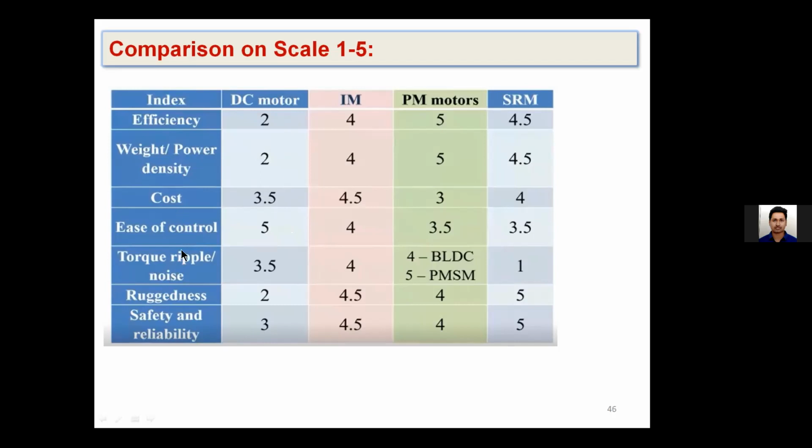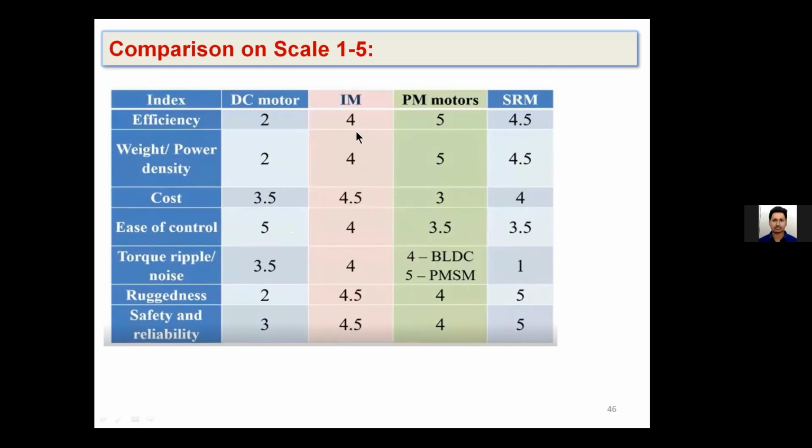But for all other performance parameters, like weight, power density, cost, and torque ripple, there are problems. One of the problems with the SRM motors, if you observe, is that it has high torque ripple and noise. That means there will be some vibrations during its operation. So that is the major limitation in SRM. Other than that, it is also mostly suitable for EV applications, if that is the only major limitation.